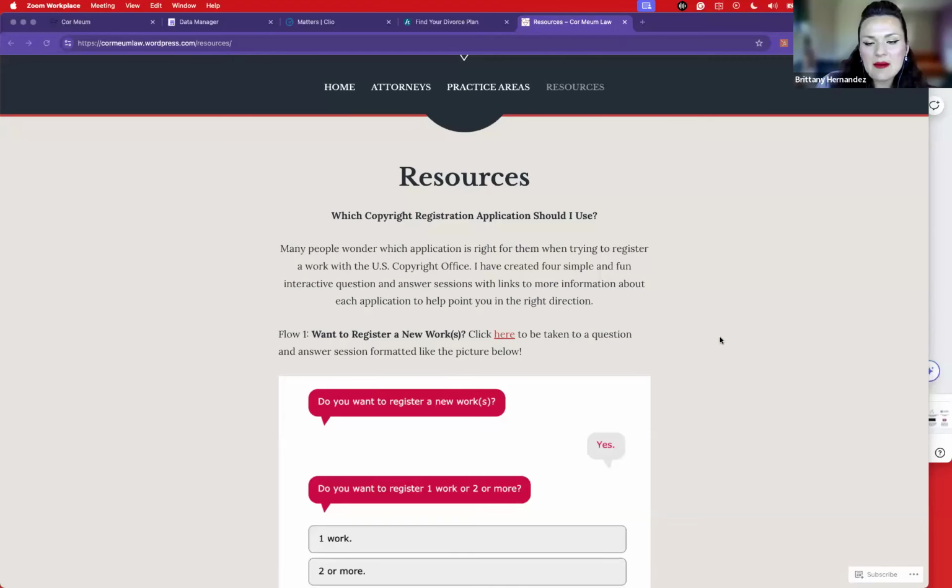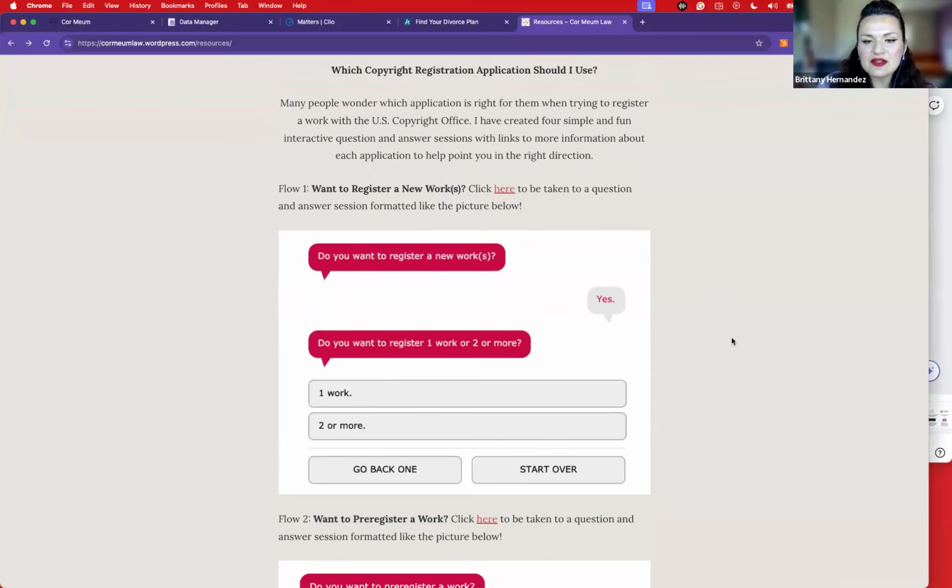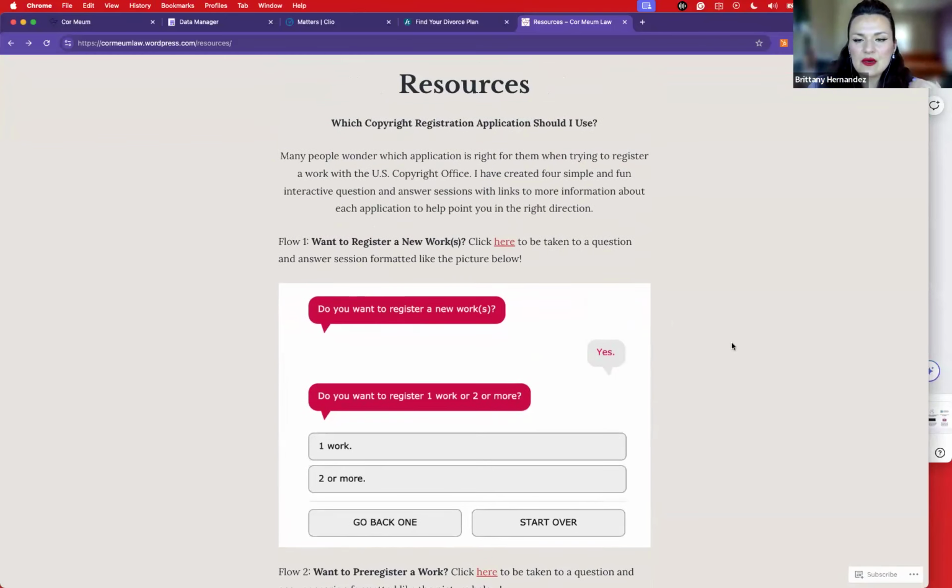So when I first started being a lawyer back in 2020, oh man, that feels so long ago, but so short at the same time. I had my own practice. I was a solo, and I took a course on legal technology, and I was thinking about how I could give a resource to someone who doesn't know that much about copyright law, and give them that piece of it. And so I came up with this idea of a little chat style